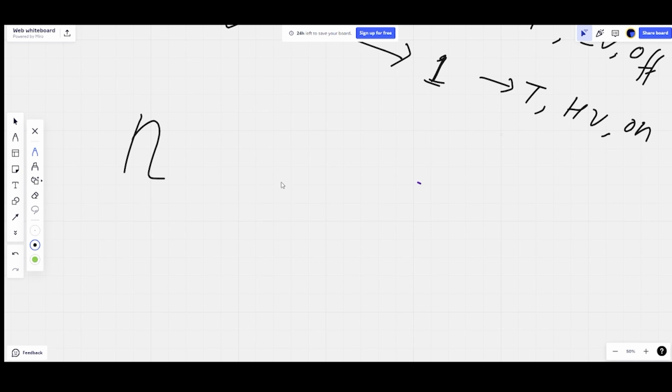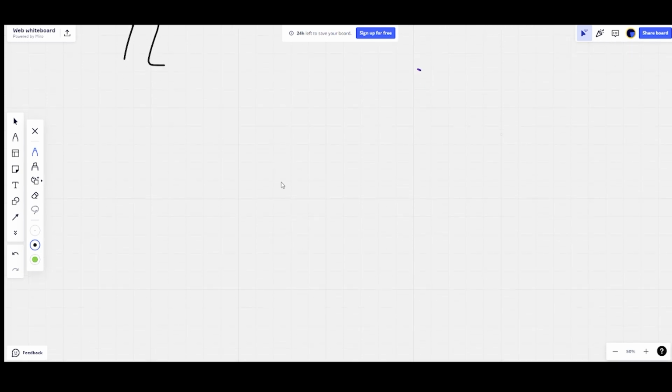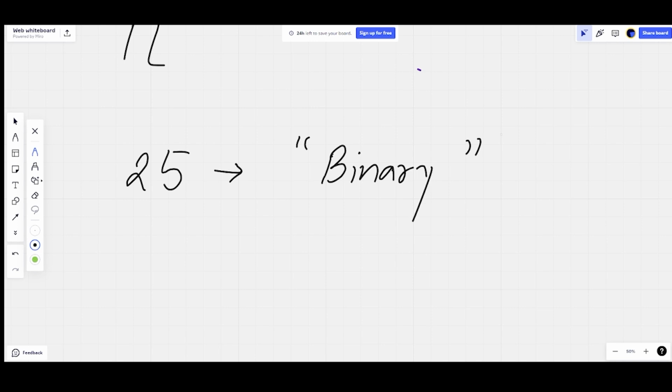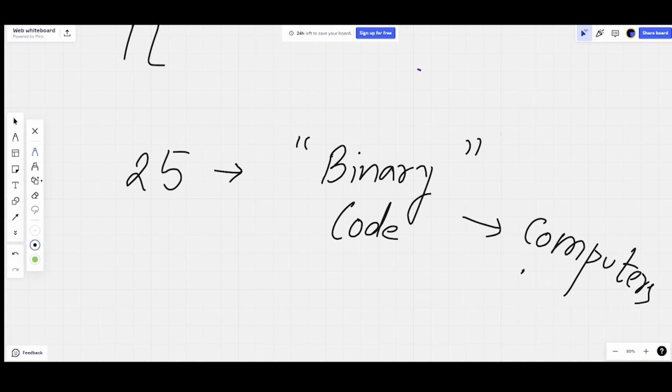If I have to give you the idea about how binary numbers work, let's say I have written the number 25. It will be converted to binary code, which the computer only understands. There may be other steps in between, but I'm skipping those right now because you just have to concentrate on how to find a binary number from a number.